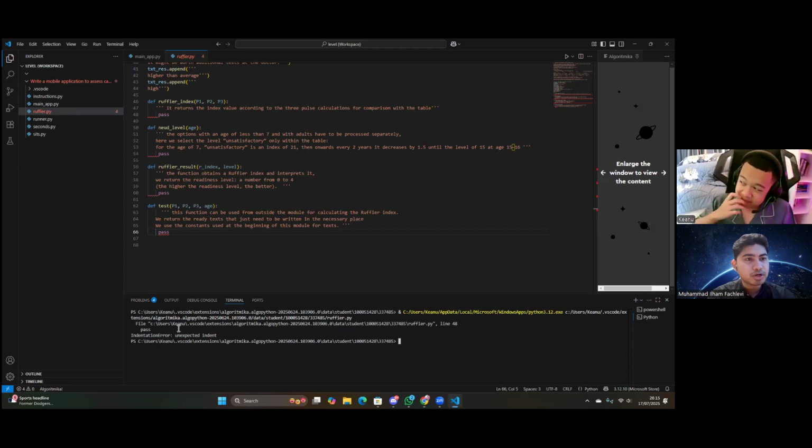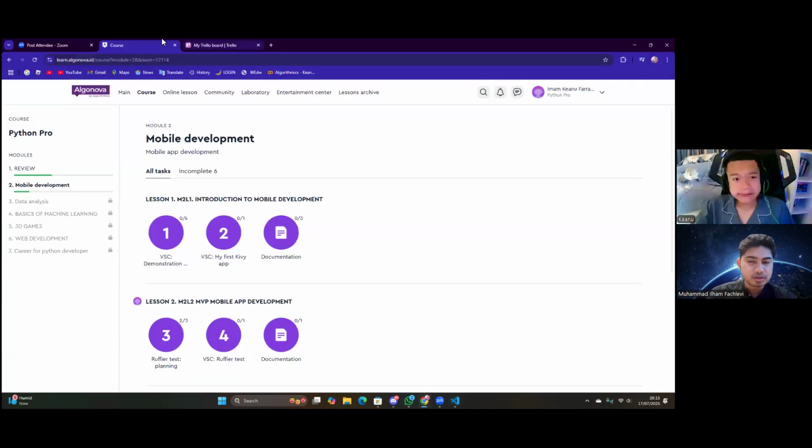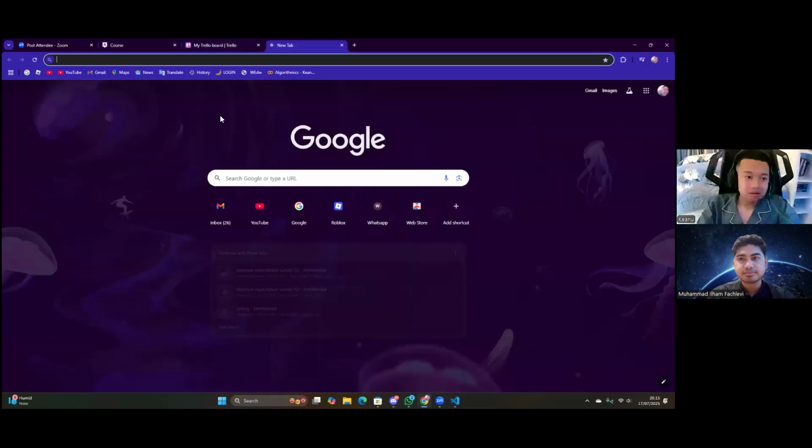And then maybe we can go for the main.py. I think you can copy from the VS Code, because I think the code is very long and we don't have much time for conducting this. You can go for the Colab, sorry. I will try to send you the link again for this.